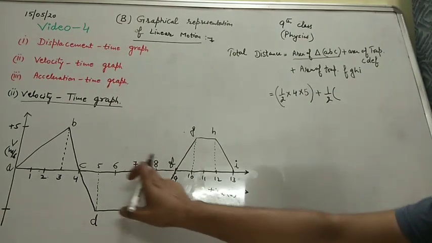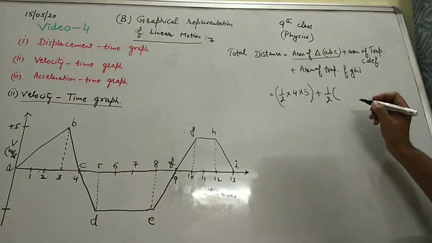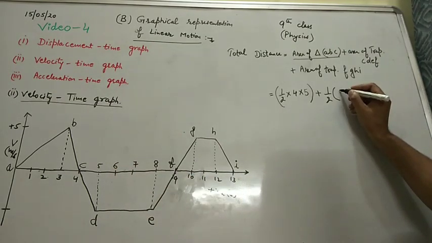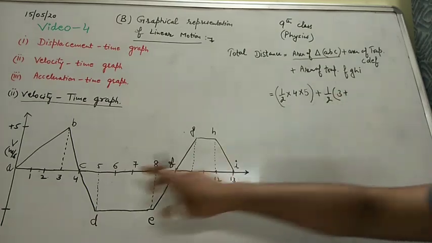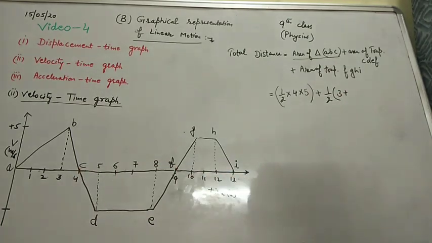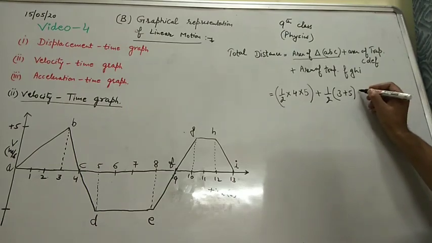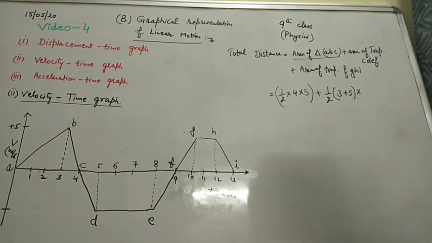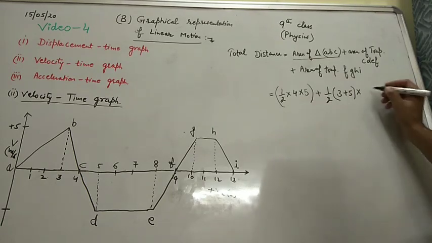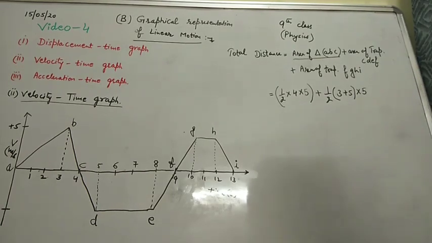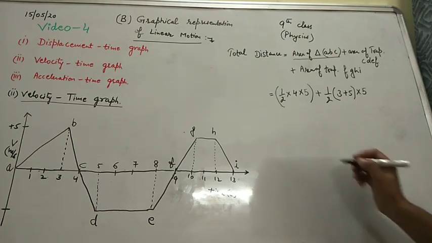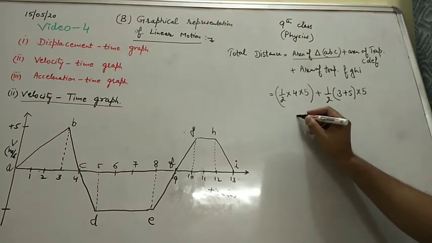So one side is 8 minus 5, that is 3, plus another one is 9 minus 4, that is 5. Half into sum of parallel sides into perpendicular distance, that is height, and that is 5, plus